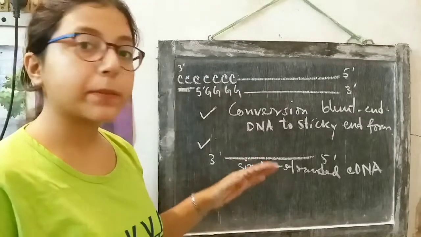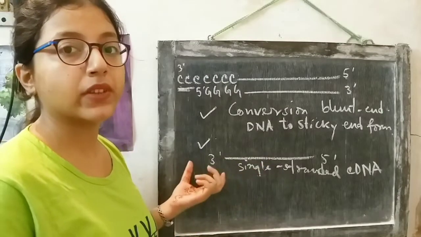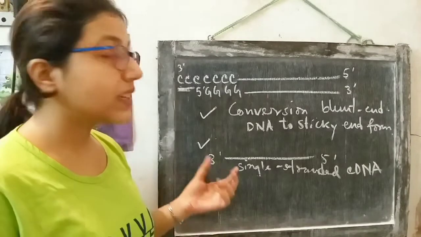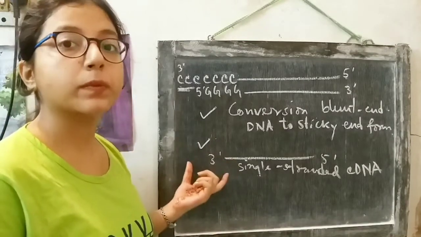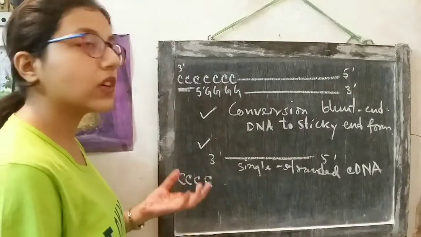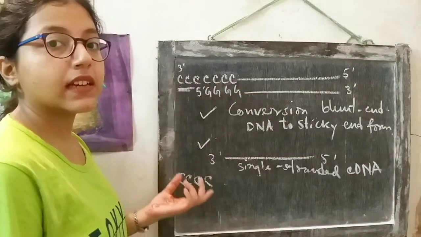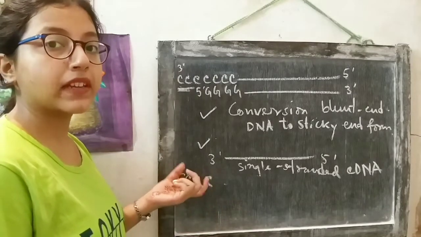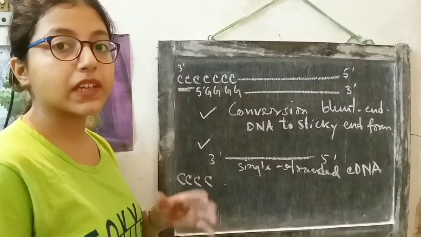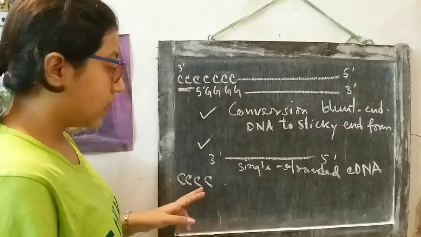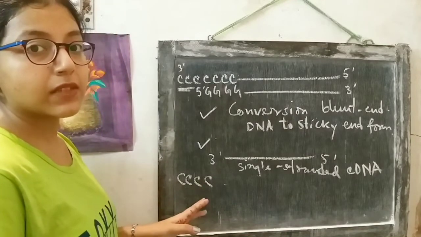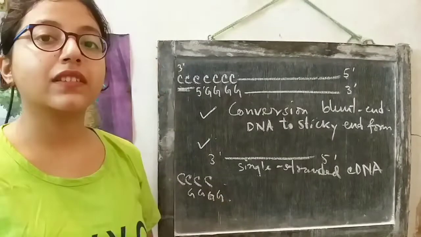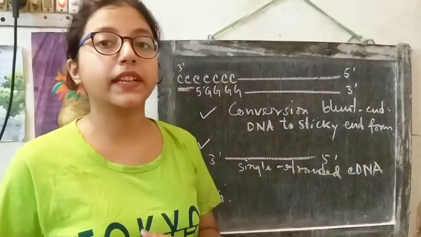But in this step, if we use the homopolymeric tailing method, then primer designing becomes much easier because only single nucleotides are present in the homopolymeric tail. We have seen that the homopolymeric tailing is done with C residues, so C residues are added to the 3' end. In this step, primer designing becomes very easy because we can easily synthesize primers having the sequence GGGG. This is another advantage of the homopolymeric tailing method.